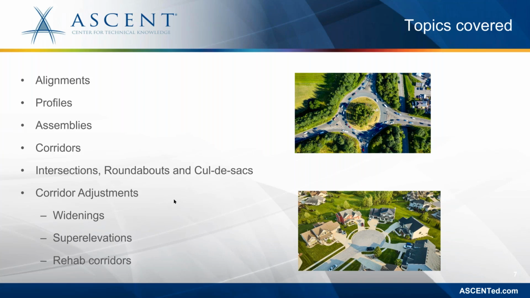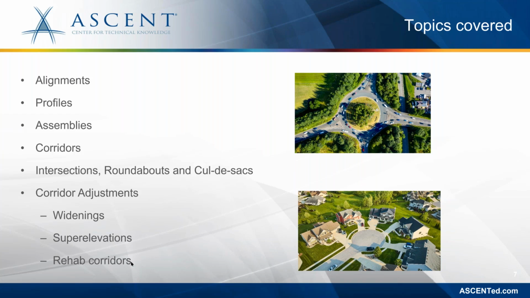And then we wrap the whole course up with corridor adjustments, which is basically kind of a hit list of things that you can do with corridors, where we can extend a corridor, where we can add widenings to a corridor without using an alignment. Super elevations. Now, these are more or less residential, urban, rural type roads. So super elevations aren't critical for this because the speeds are not that high. And the super elevation exercises, well, they're a little bit lame because the speeds are so slow. But still, we cover the topics. We look at how super elevations are created, look how we can control that with the design criteria,